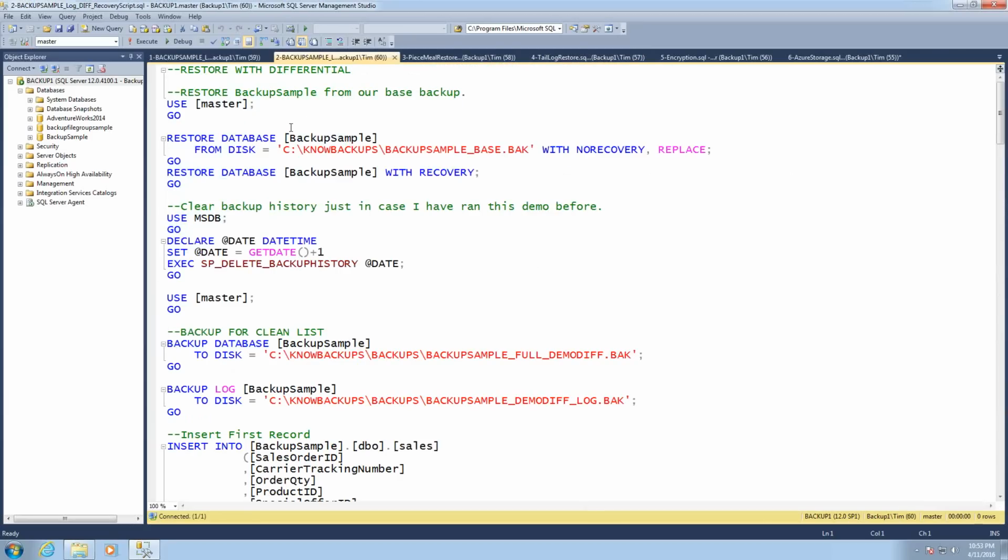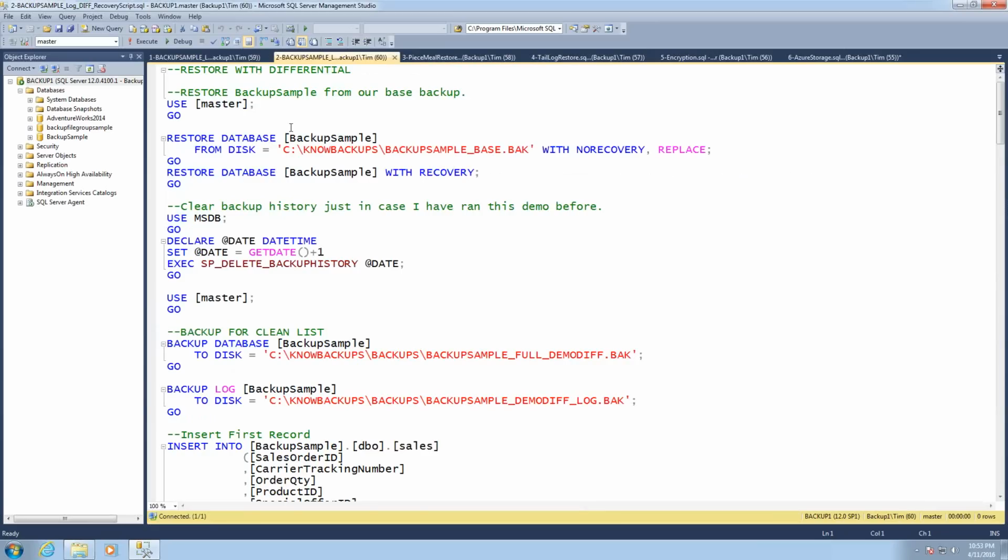So what if we're doing differentials? Differentials are very nice to be able to do, so you're not backing up the same data, a full backup, every single night. If you had a 100 gig database and backing up with compression is 20 gigabytes, then over the course of 7 days, you've backed up that same 100 gig or 20 gig backup file 7 times. If you were able to do differentials and you only have a gigabyte of data that changes each day, then